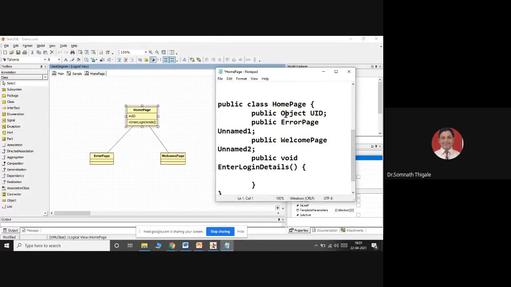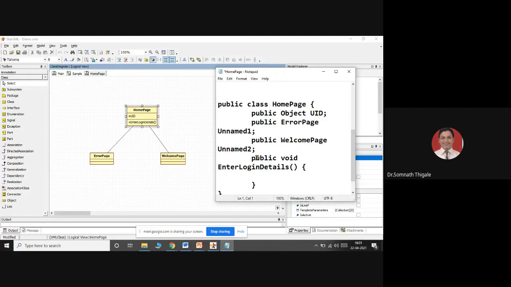Inside this public object UID, yes, UID is there. Then error page, yes, one more class is there, and one more unnamed class I'm getting there as a welcome page. Yes, welcome page is also there, because it is association.